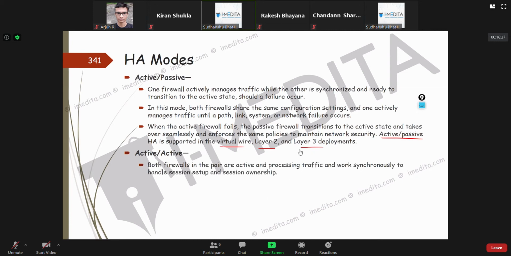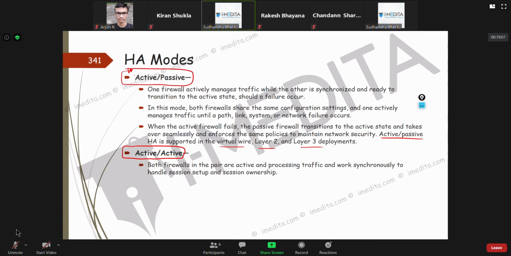Okay. And in case even one goes down, the other is already actively managing the traffic. So the only thing here in active-active is that it's a little bit more complicated compared to the active-passive mode. A lot of times people just go for active-passive mode.